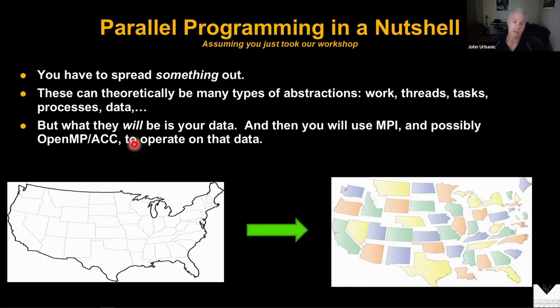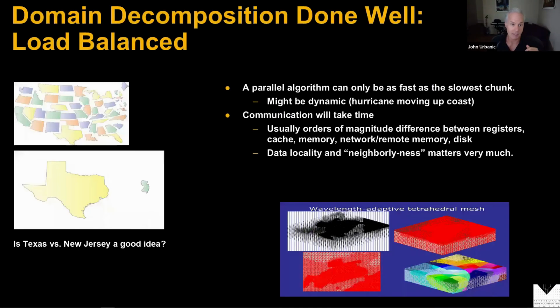And it seems like one is so much easier. We're just breaking up the loops, yes, but it's also limited to a single node, a single shared memory chunk of the machine. Breaking up the data is harder, takes more effort, but scales endlessly, as big a machine as we can get our hands on. The domain decomposition step, as I mentioned, is the most important thing. And we haven't gone into all the concerns you might run into, but I've mentioned, I think, the important ones offhand. Load balancing is certainly one.